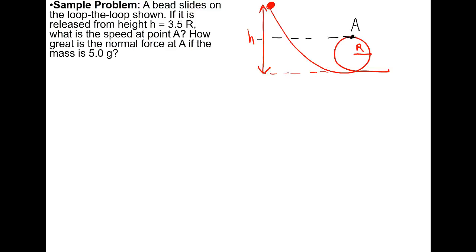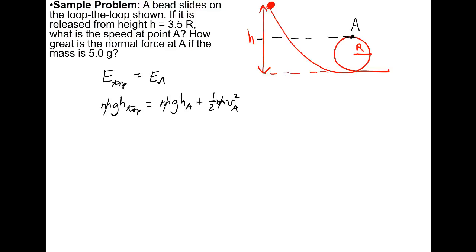We can use conservation of energy and say that the energy at the top is equal to the energy at point A. The energy at the top is just potential, which is mgh. At point A, we'll have mgh_A, and it's moving, so we'll have 1/2 m v_A squared. The m's are going to drop out,